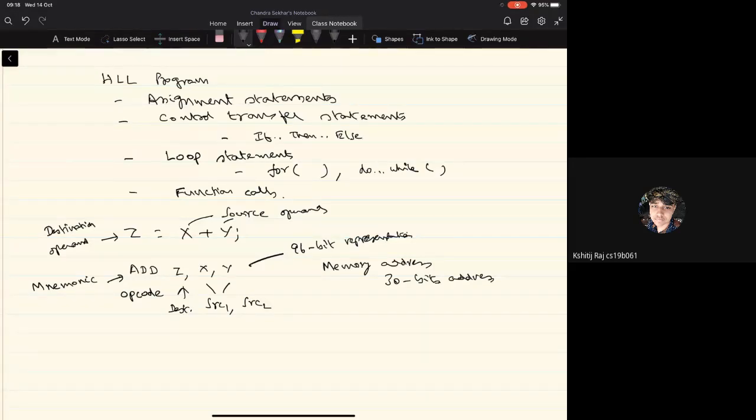So we see that though it's a single instruction that represents this higher level language statement, in order to execute this instruction, I have to perform several operations. So 2 memory read operations, then the add operation, then a memory write operation. So all these operations have to be carried out within the processor, and there should be some entity in the processor which takes care of performing these operations in the proper sequence.